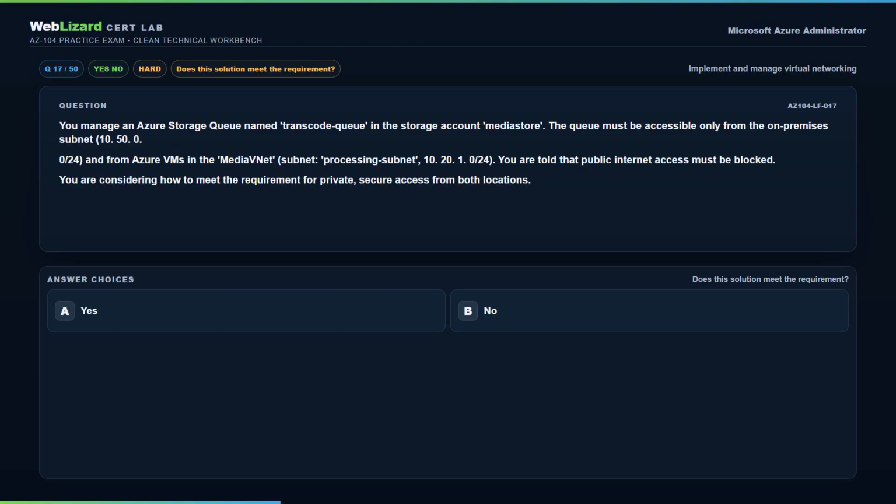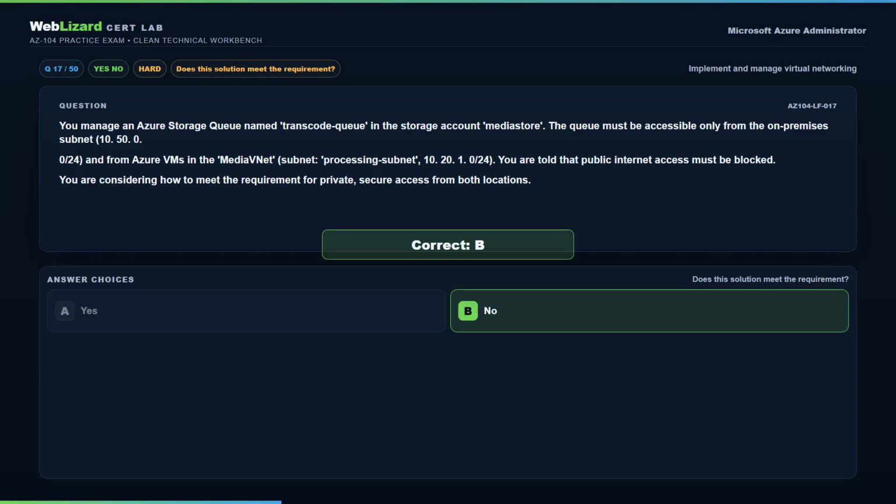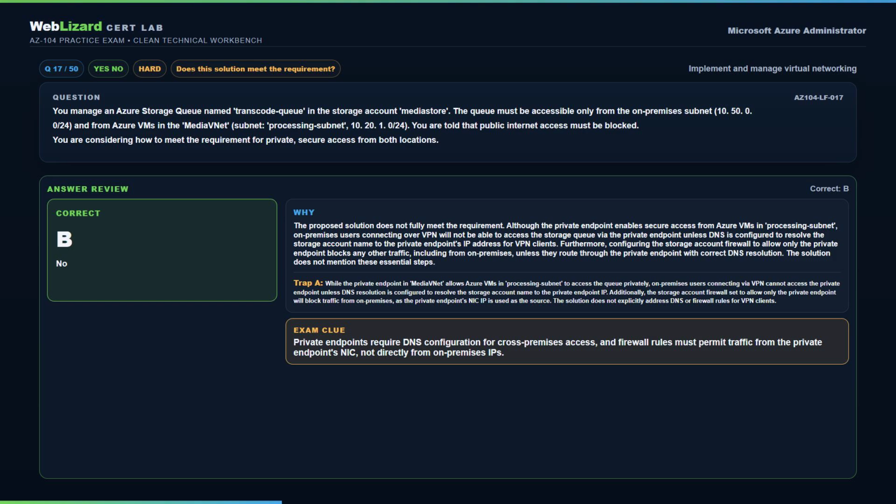Option A, yes. Option B, no. Choose your answer before the reveal. The correct answer is B, no. The proposed solution does not fully meet the requirement. Although the private endpoint enables secure access from Azure VMs in processing subnet, on-premises users connecting over VPN will not